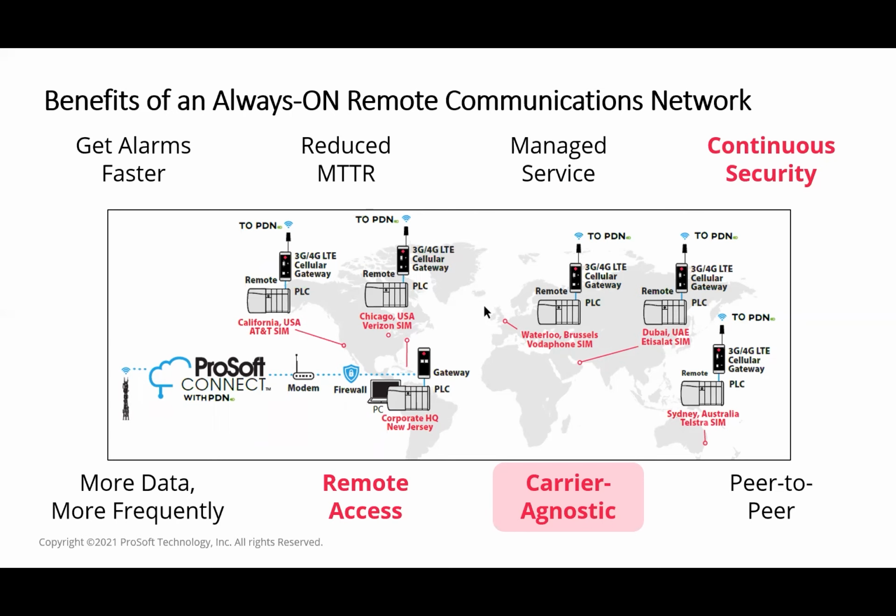Even in the US, let's say, for example, you take the city of Denver, where you might have an area where AT&T is stronger versus, let's say, another part of the city where Verizon is stronger. And you don't want to have two different networks coming to two different top ends, and then you're trying to merge all of the data. It really is very inefficient. What the PDN can do for you is allow you to put remote sites from different networks onto a single network, and then get all of that data to a common top end where you can then monitor that information.